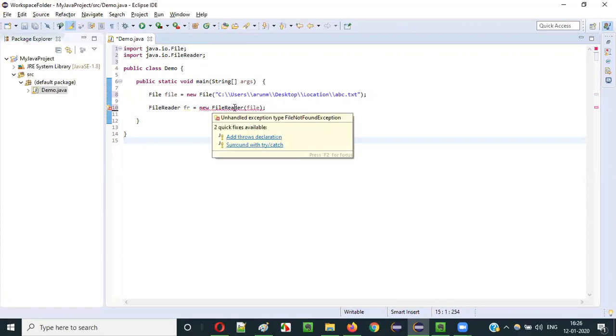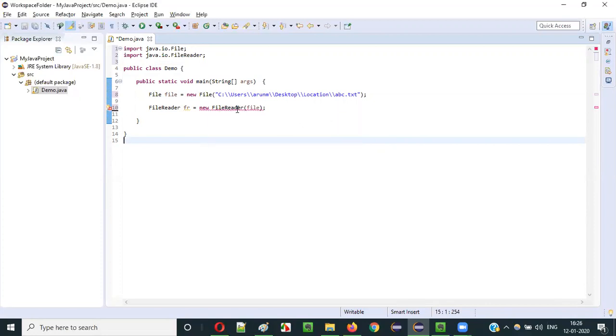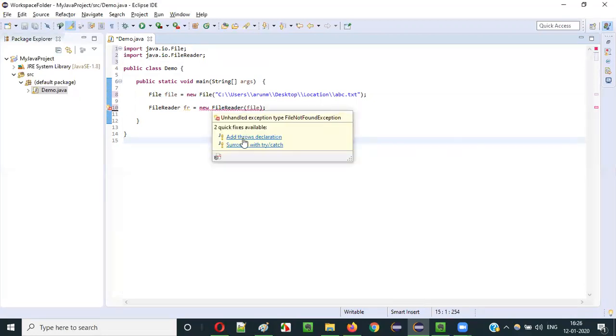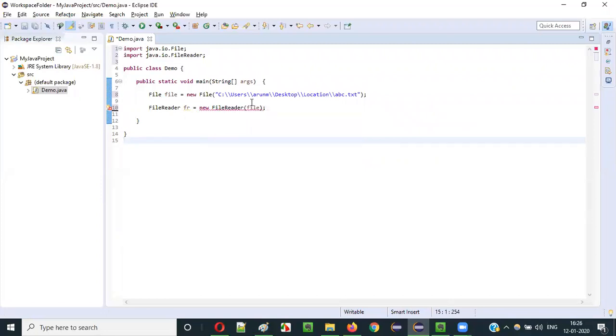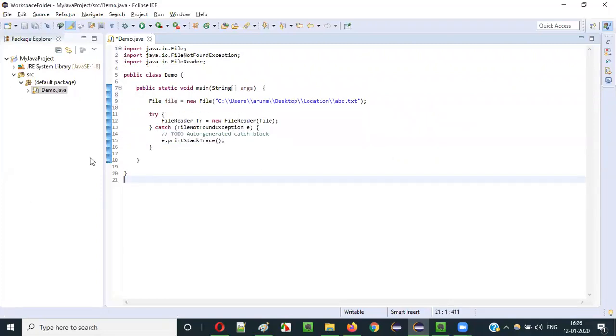Still a compiler error is coming. It's saying unhandled exception, a checked exception is coming. So I would prefer surrounding this particular statement with a try catch block. Surround with try catch. FileReader fr is equal to new FileReader. If there is an exception here, it will print the stack trace. Now along with this, I will add something like this: finally,